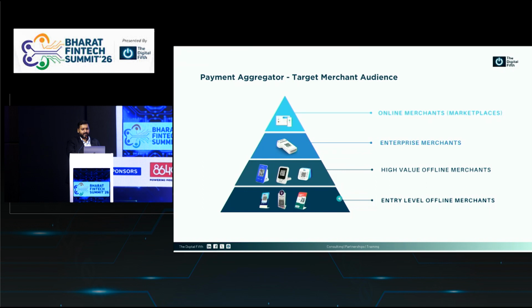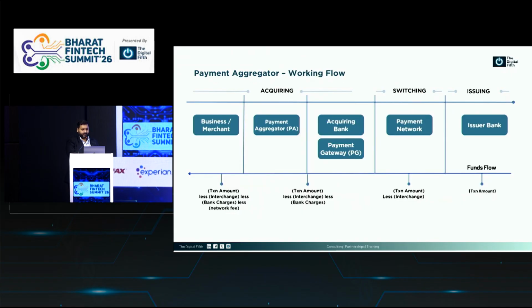One more category in entry level is the sticker. There are QR code stickers as well, which are distributed to entry-level offline merchants. Enterprise merchants typically use POS devices, be it MPOS, or the physical or smart POS on the ground. And online merchants, we use them extensively, on a day-to-day basis, for transactions on e-commerce or any online channel platform, through online merchants or marketplaces. There we get the experience of the payment aggregators in the back. I think we have discussed this flow.